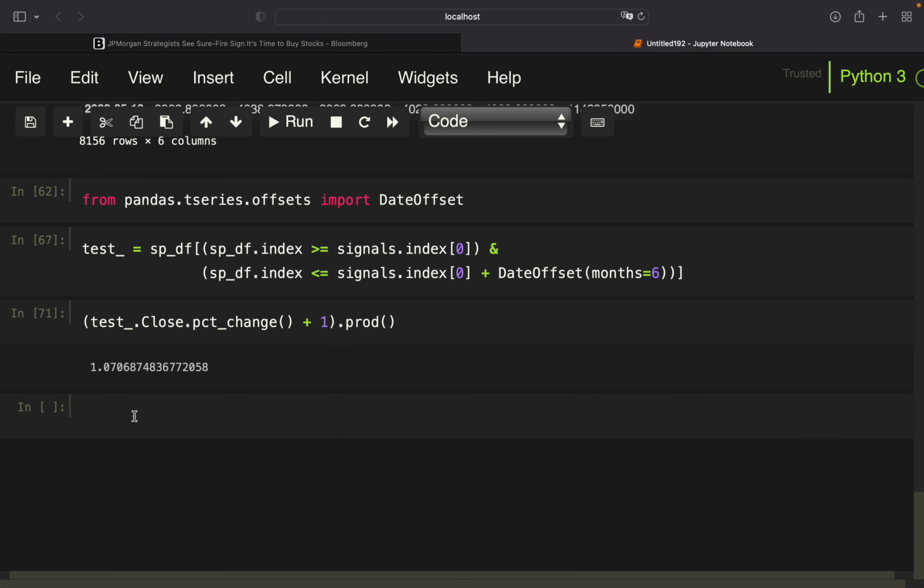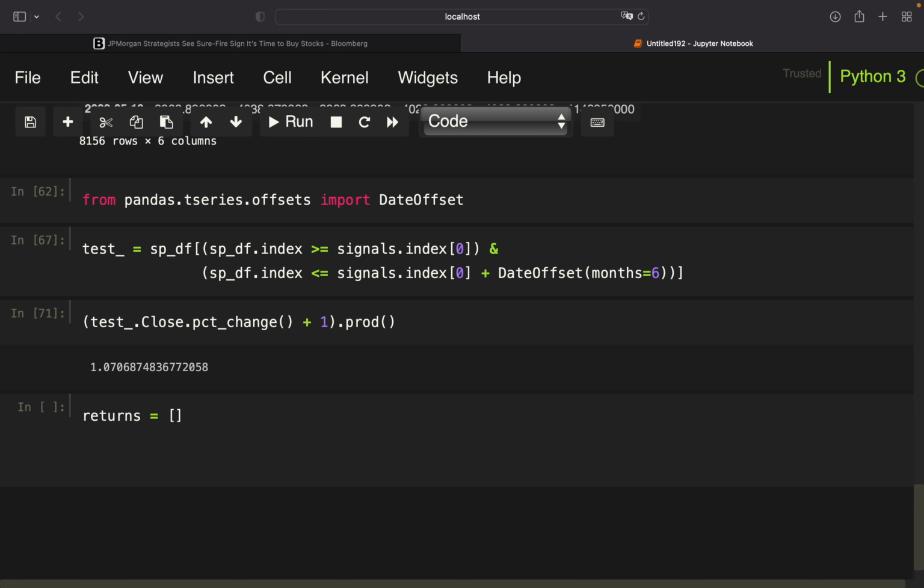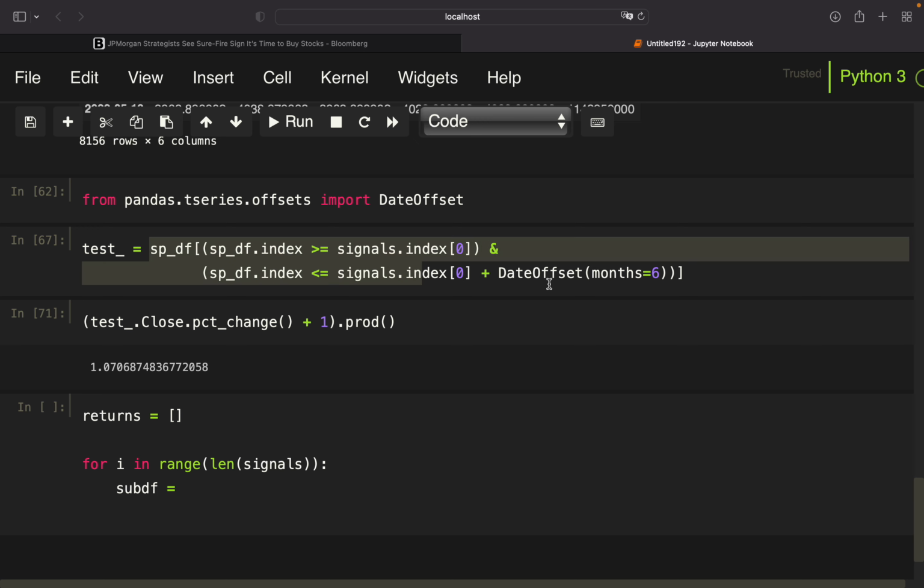So we are creating an empty list and then we are just populating this returns list in a loop. And now we are just looping for i in range length of our signals data frame. And now we are just using the exact same logic here, right? So we are creating sub data frames, just calling that sub df,